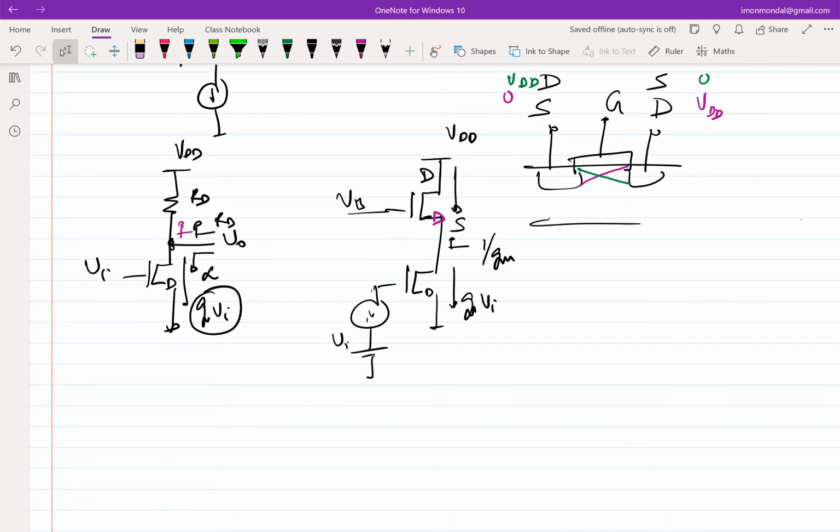No, it is source. That's why it's 1/GM, right? So the quiescent conditions decide whether it's source or drain. From the quiescent analysis, you see which terminal is of higher voltage. In this case, clearly the upper terminal is of higher voltage, so that becomes a drain. The lower terminal becomes source. If it's source, then looking up impedance is 1 over GM. Okay. So now the